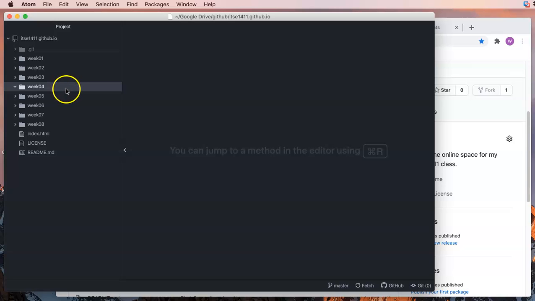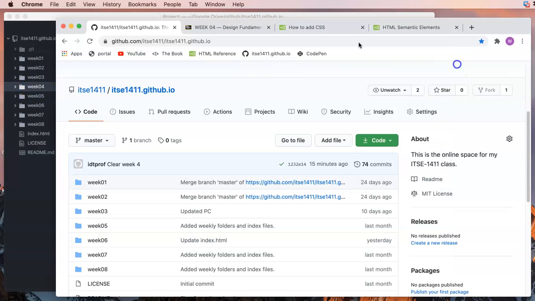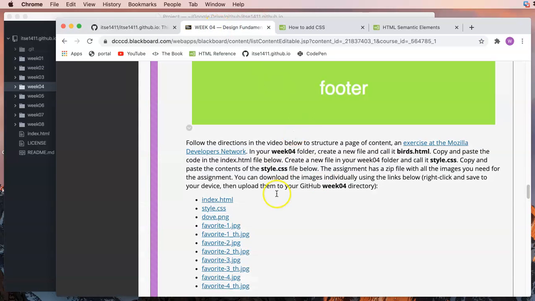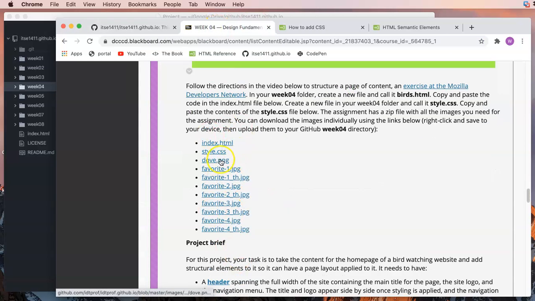I'll specify what I'm doing. I do have a week 4 folder here that's empty. That's why it doesn't show up in GitHub. So here, I know then that I need to go to the assignment, and these links will directly give you